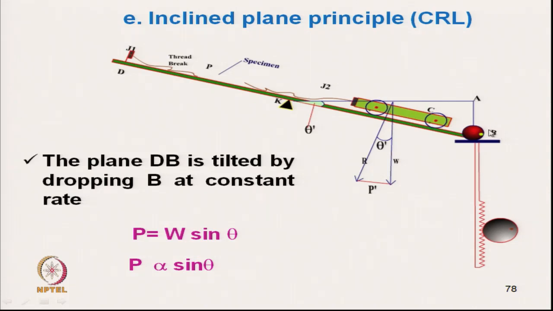So, if we can change the loading, that is, increase sin theta at a constant rate, then we can achieve a constant rate of loading. P is the load on the specimen. Now, if we see the triangle here, K is the fulcrum point, and KAB is a triangle where the angle AKB is theta, which increases with the dropping of the point B, and that is the sin theta